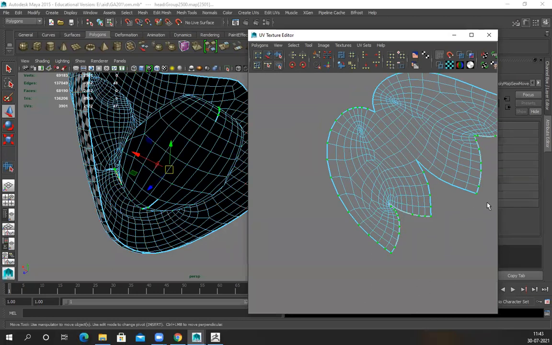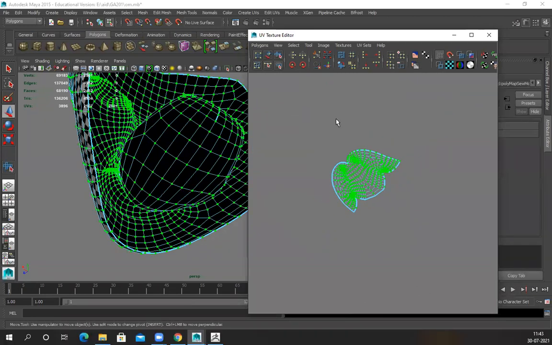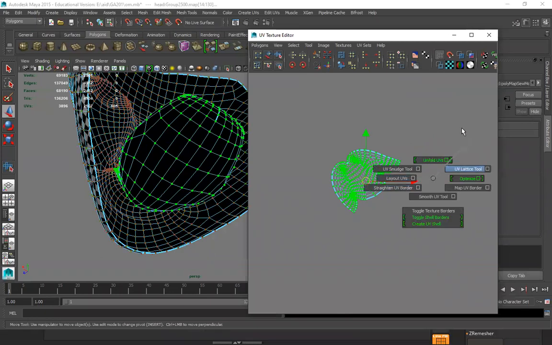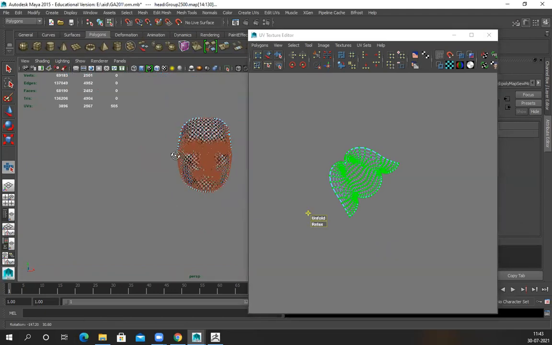Unfold and smooth easily. Unfold it perfectly clean in the mouth.